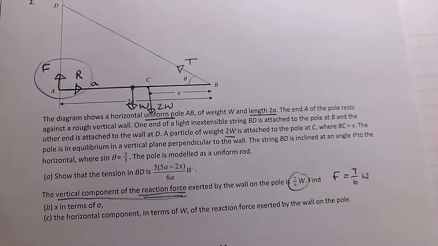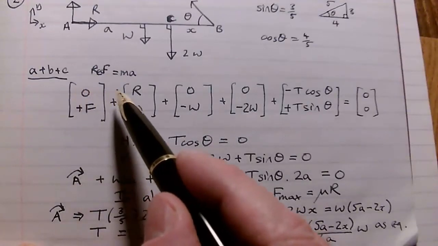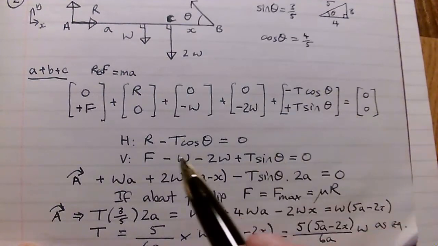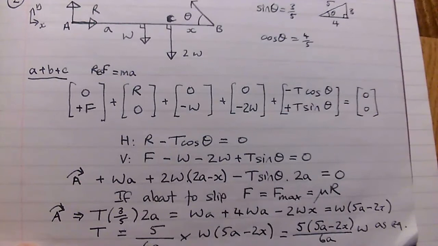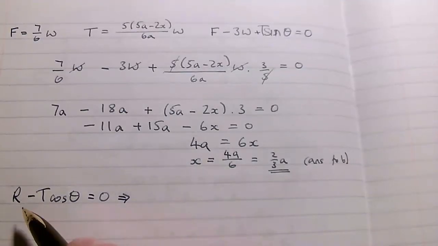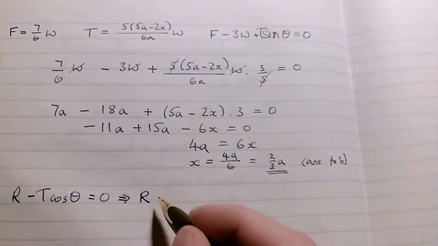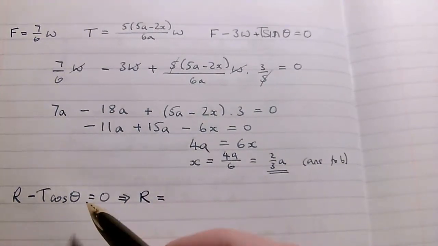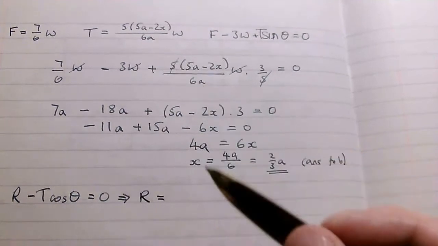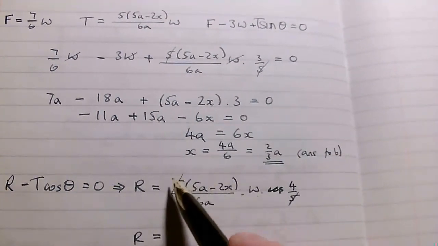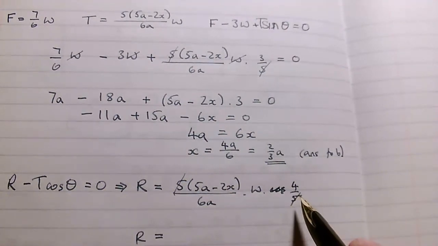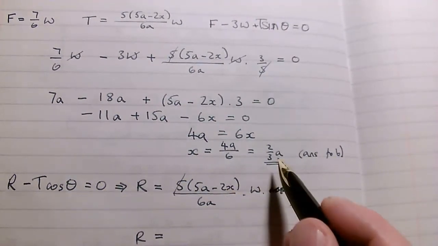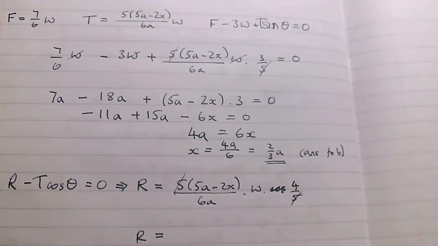So I have to go back to the equation that had R in it. And here it is. It's the x row of the vector equation, which I've summarized here. Very simple one. R minus t cos theta equals 0. Okay, so R is what I want to find. So let's make that the subject of the formula. R equals t cos theta. Well, look, there's my t. When I substitute that in, here's my t. My cos of theta is 4/5. We worked that out before. And look, the x in this formula, I now know that x is 2/3 a,